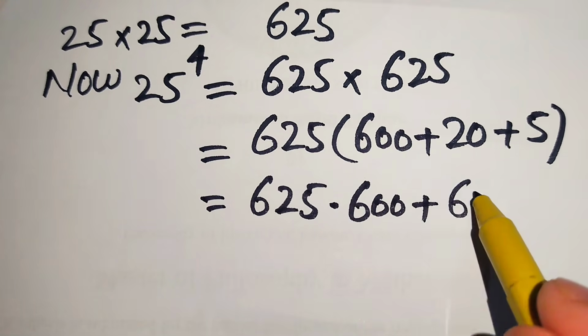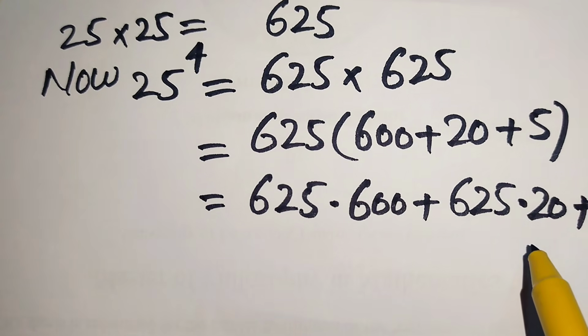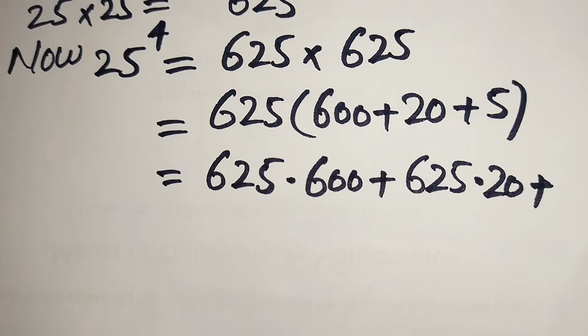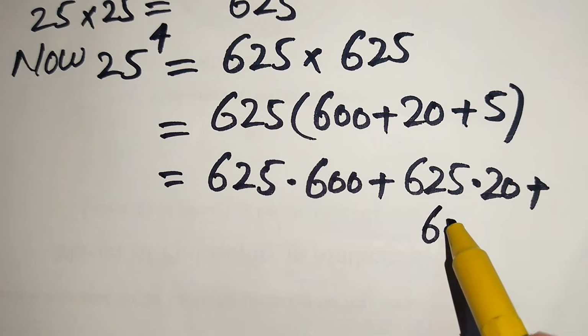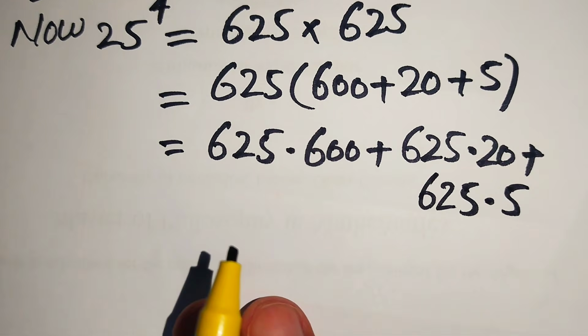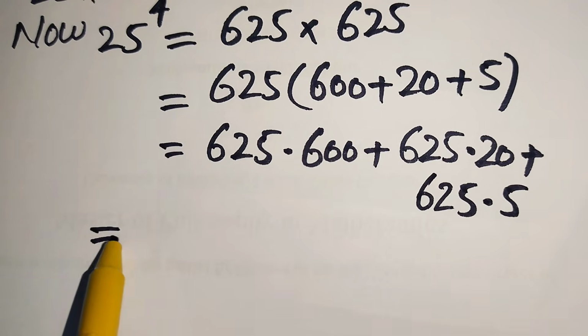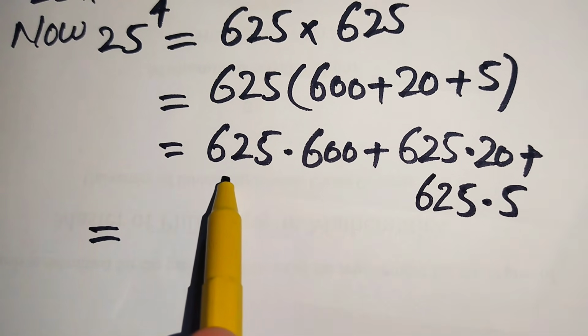plus 625 multiplied by 20 plus. So further we need to multiply 625 with 5, and we get here 625 multiplied by 5. So in the next step we multiply 625 with 600, and we get here, we consider